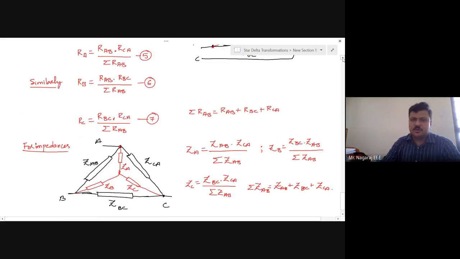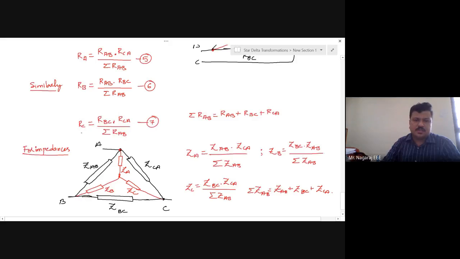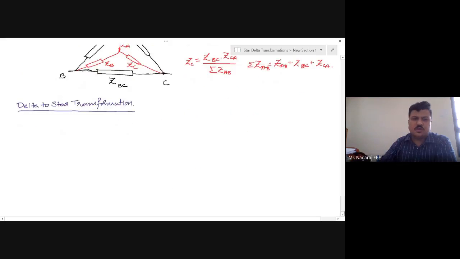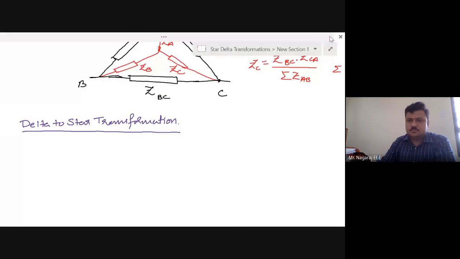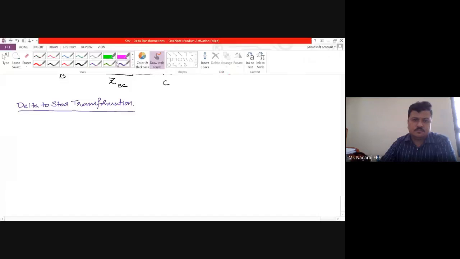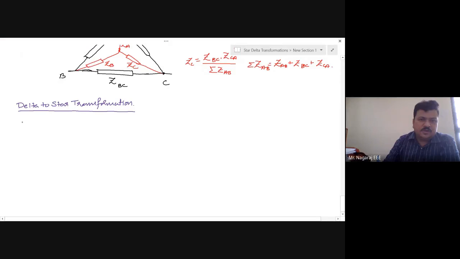Now I should get RAB, RBC, RCA in terms of RA, RB and RC. That is what we have to do. So from equations 5, 6 and 7,